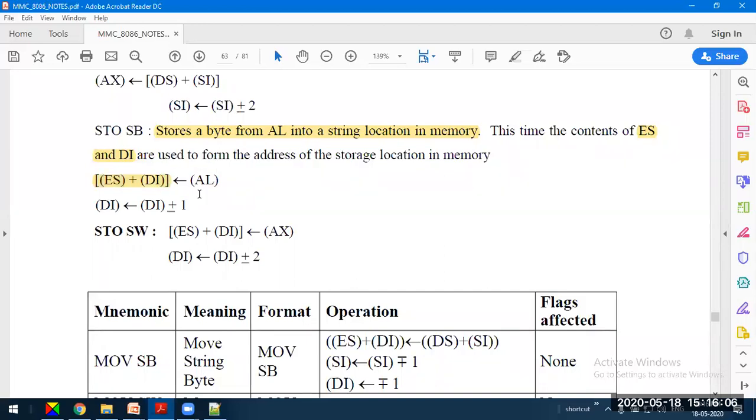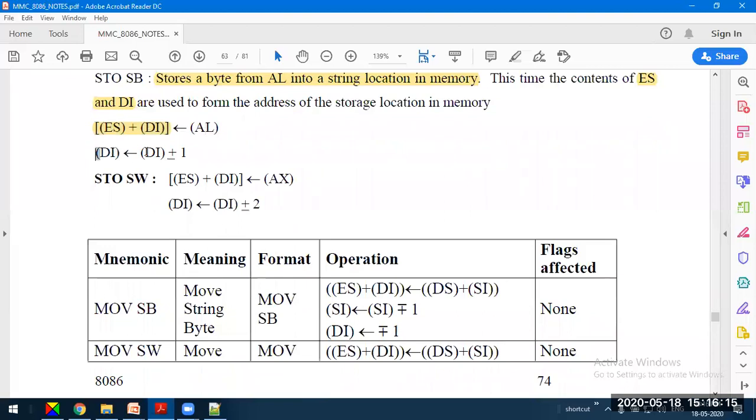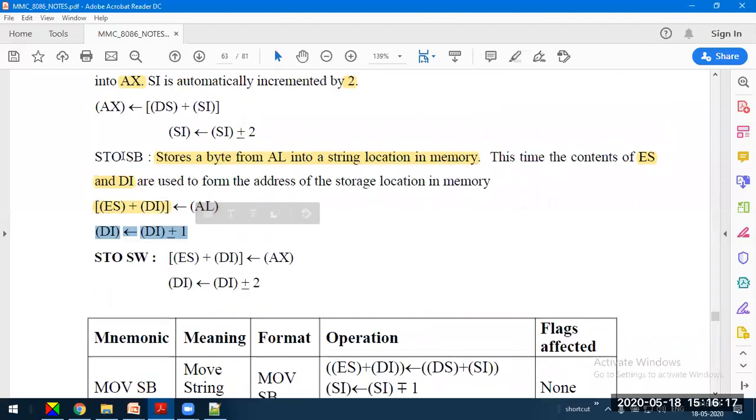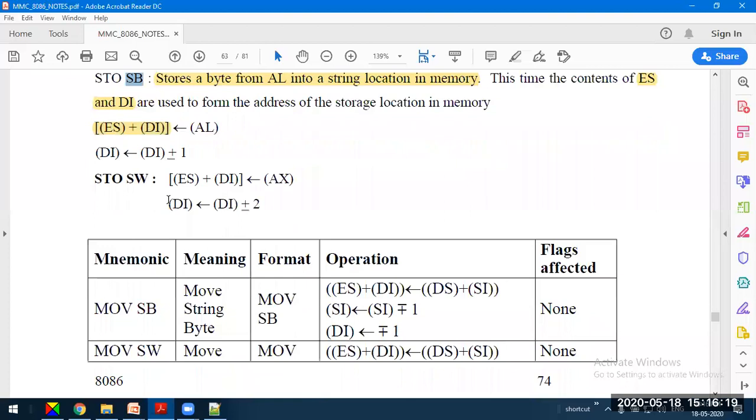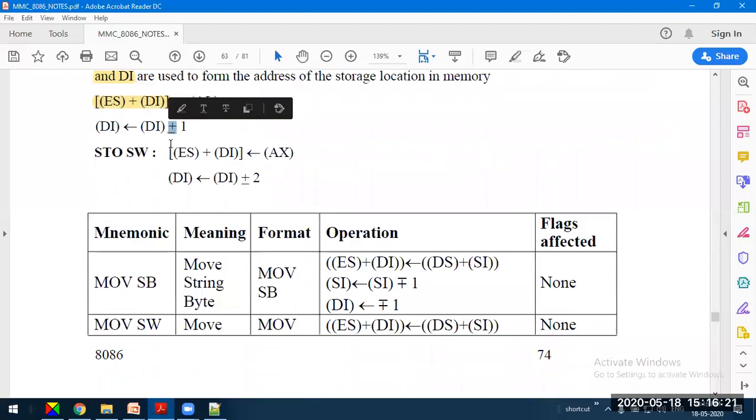At this location in the extra segment, the data from AL, the lower byte of the AX register, is stored, and DI is incremented or decremented by 1 because it is dealing with a single byte of data. Increment or decrement again depends on the DF flag of the flag register, the direction flag.